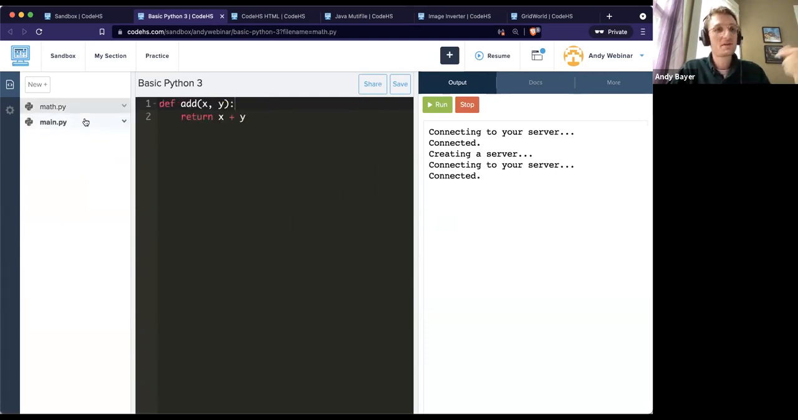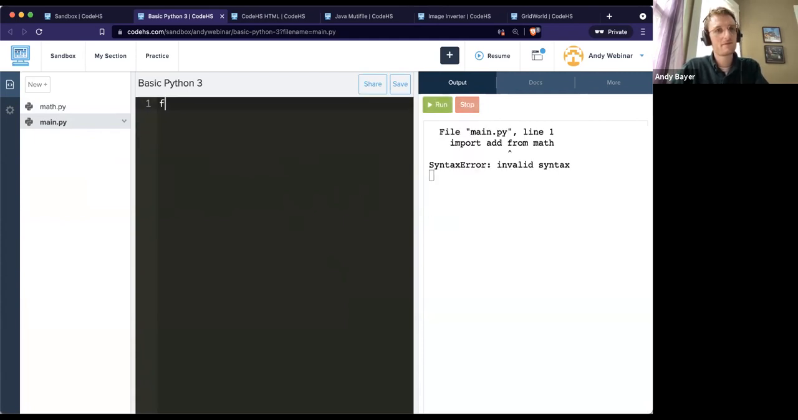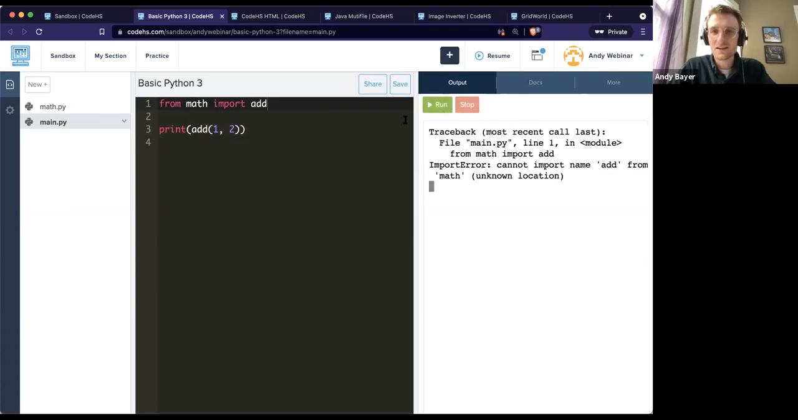So we can switch between the two different files, and we can then use that math.py in our main.py. If we just say import add from math, I believe that's how you do it. And then I can call add with the numbers 1 and 2, and I'll go ahead and print that out. I believe it's actually from math import add. I have to write a lot of programming languages, so I get confused about how to do the different ones of these. I think you can't actually call it math,